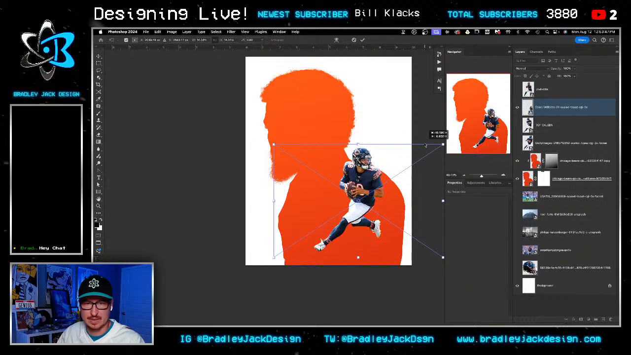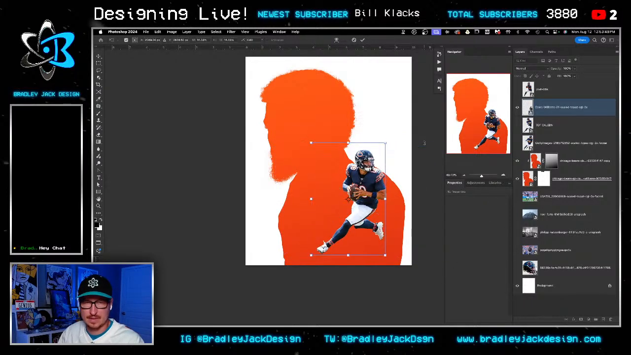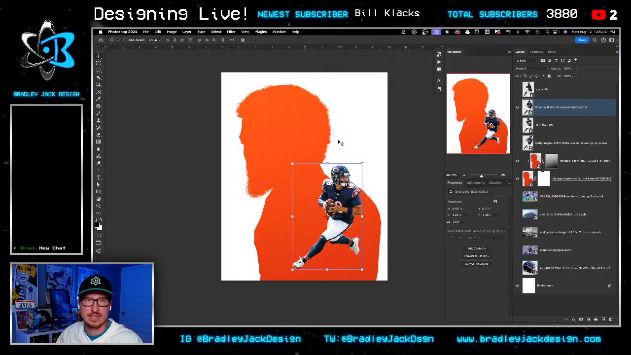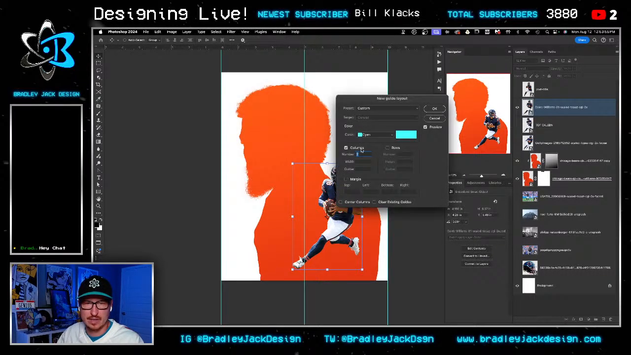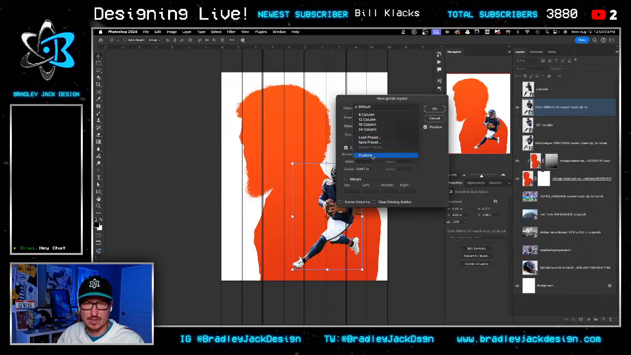I think I'm gonna make it a little bit smaller. One thing I usually do, which I haven't done yet on this, is I'm gonna go to View, Guides. I'm gonna make a new guide layout. And this is sort of by default. I've got custom settings. So you do default, but my custom is usually